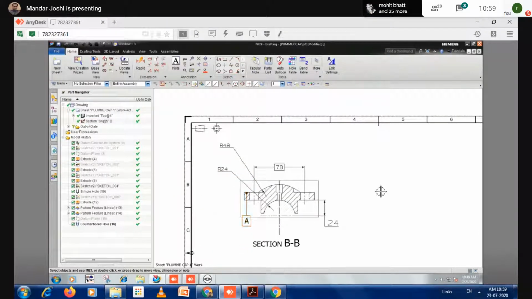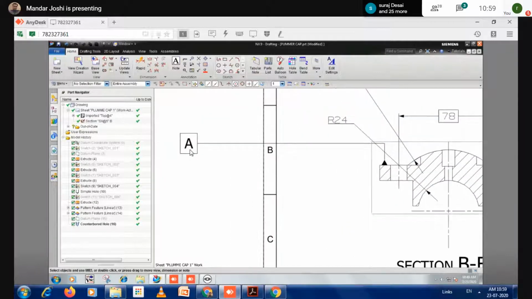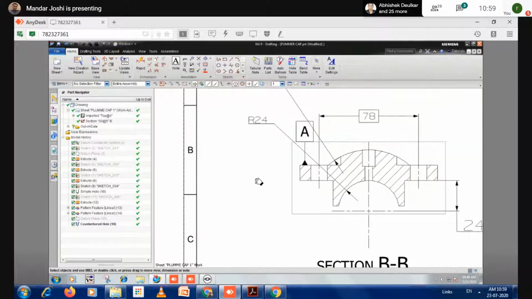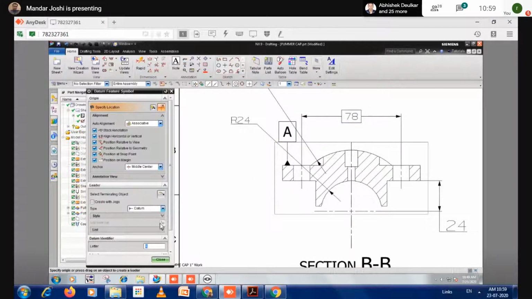Okay. If you see this mouse movement, automatically the alignment gets adjusted. If you move here, that stack length is added automatically. If you move the mouse here, on the opposite side it will be added. So it will snap according to the requirement. So I'm putting this A as it is right now. Okay. After that, next step, we want to show datum D. Again, select this, give the name of that datum.